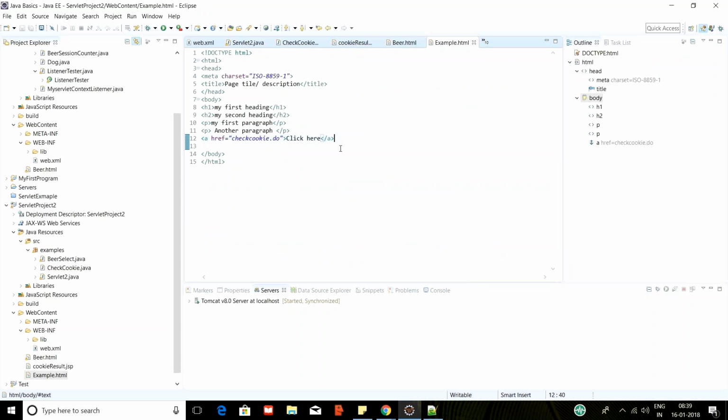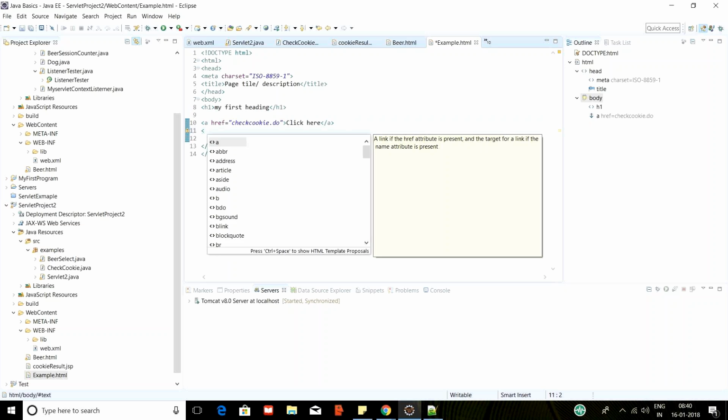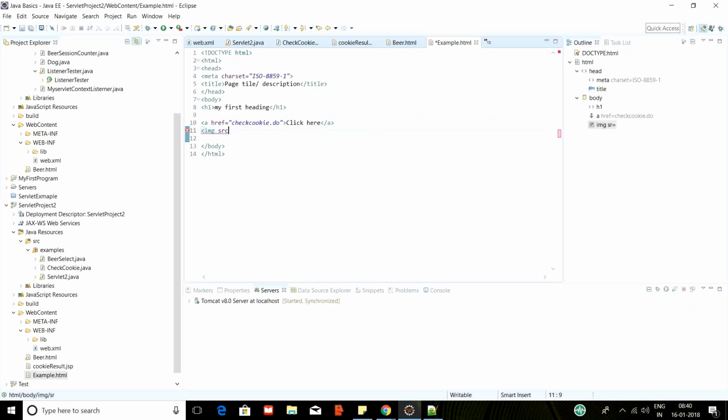Suppose an image. Okay, let me find an image. Let me delete this all. Suppose I want to incorporate an image. To do an image, you need to do it in this way: img src. After that, you need to give your path. This is your path. You can give your absolute path. You can give anything, and also